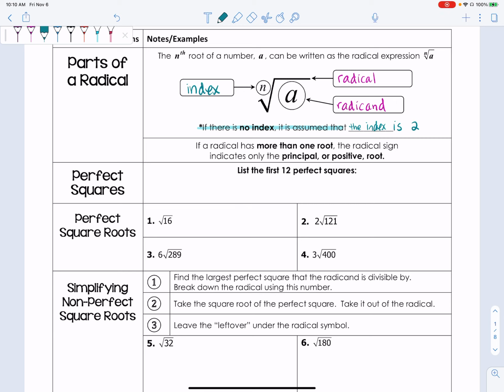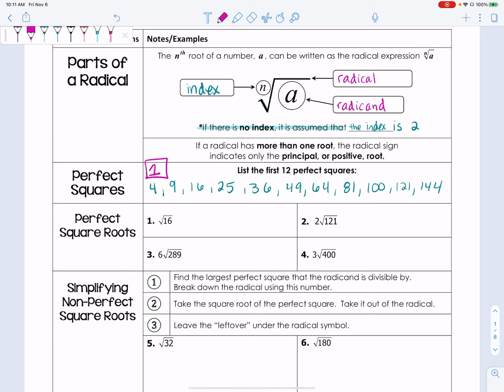Some of our perfect squares are numbers such as 4, 9, 16, 25, 36, 49, 64, 81, 100, 121, 144, and another perfect square that we don't really think about a lot of the time is in fact the